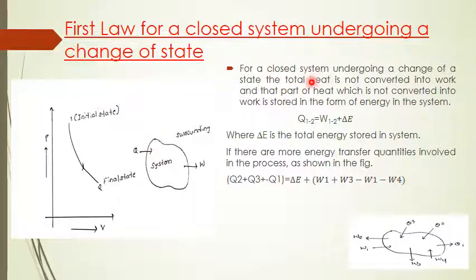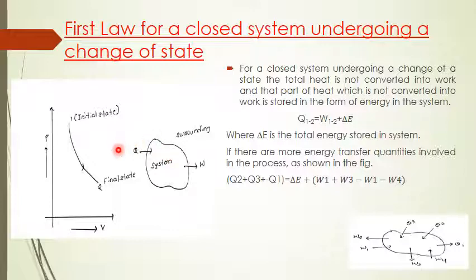The meaning of this explanation is, if you add some amount of heat to any closed system and it does some amount of work, but the amount of work done by the system is not equal to the amount of heat added to the system, then where does that energy go? Because the amount of work done by the system is less than the amount of heat added to the system.